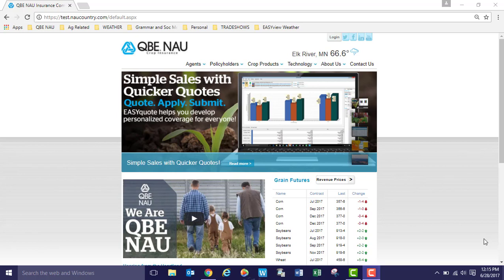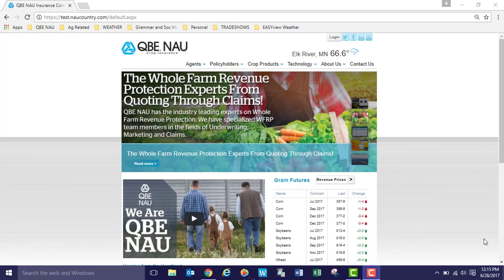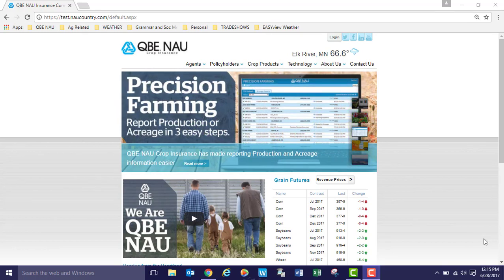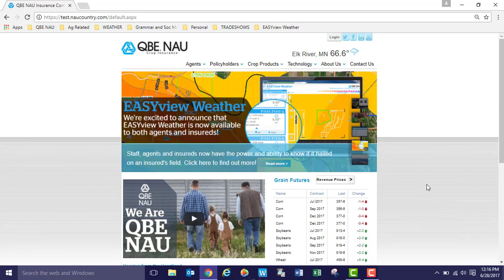Just a couple of items important to note is that all of the times listed within EASYview Weather are Central Standard Time. Also, EASYview Weather is just a general guideline. We cannot use EASYview Weather for approval or denial of claims. It cannot be based on this tool. So let's get started and navigate to